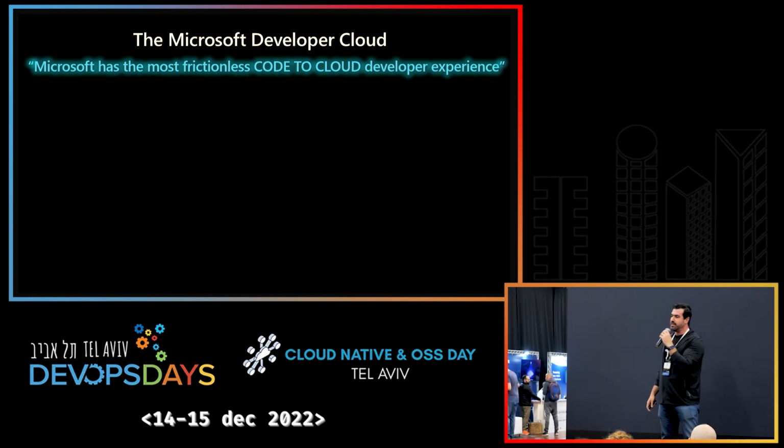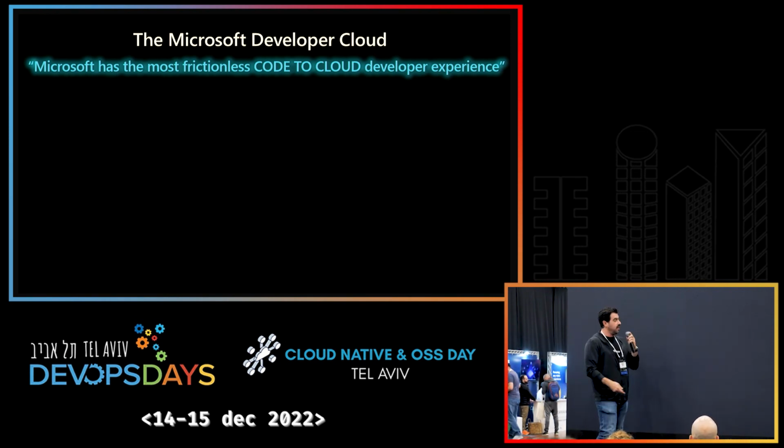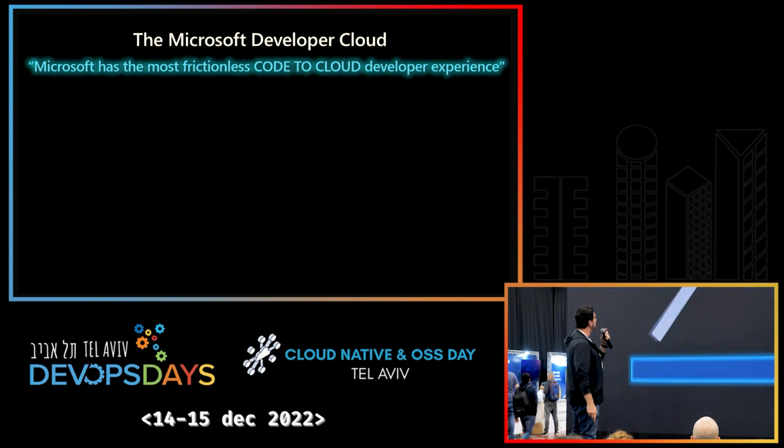What we wanted to present to you today is the developer cloud. Satya Nadella has been obsessed with developers, so we built a cloud for developers. And when we say cloud for developers,